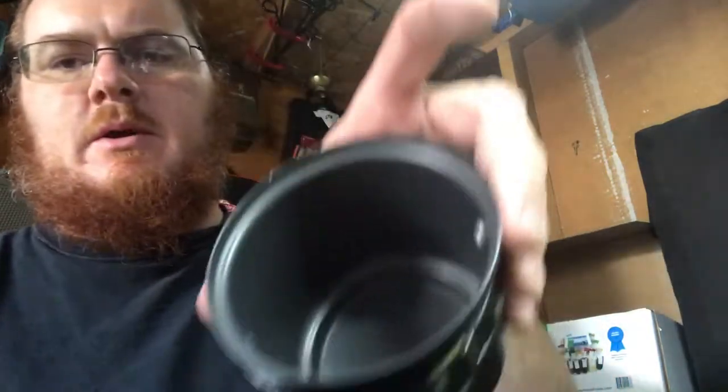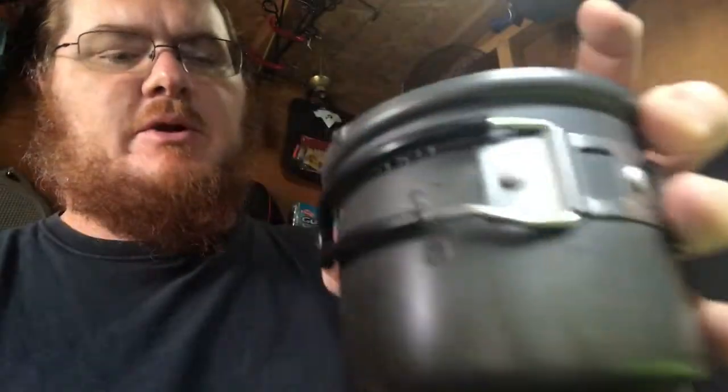And so, back on my Esbit stove. These are all easy peel tops, thankfully. I gotta find a place for all the trash to go. This is the first time I've gotten into these, so I have no idea how this is going to turn out. And I'm going to just add just a little bit. You guys can see down in there, I'm not adding too much of anything,